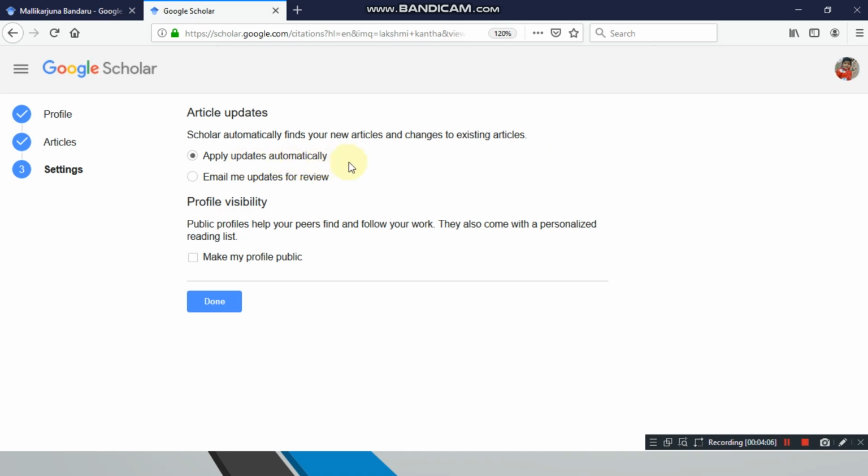Update your published papers, automatically add it. That means apply updates automatically, or otherwise, if you'd like to verify each update, they will send an email once you publish a paper or whenever anyone publishes with your name. Here you will get an email alert, or otherwise it will automatically be added to your Google Scholar account.